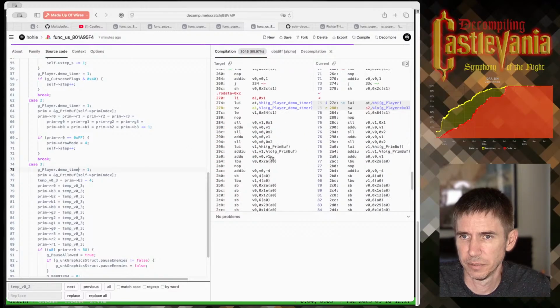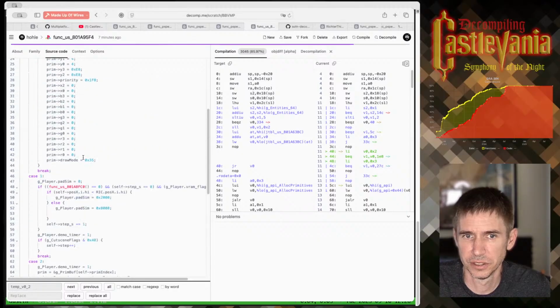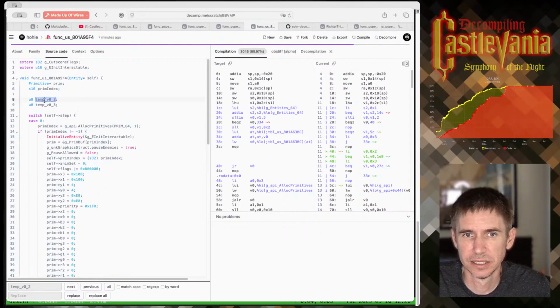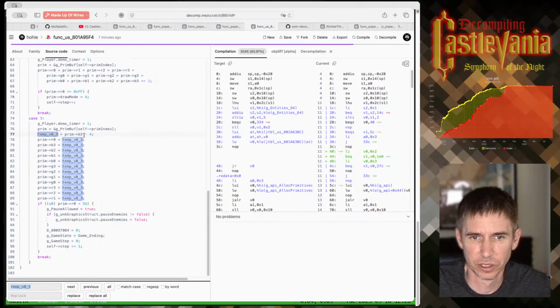The demo timer being set, being missing is interesting. Let's go to the, well, we got rid of this variable. One more, and then we'll look at those other things.